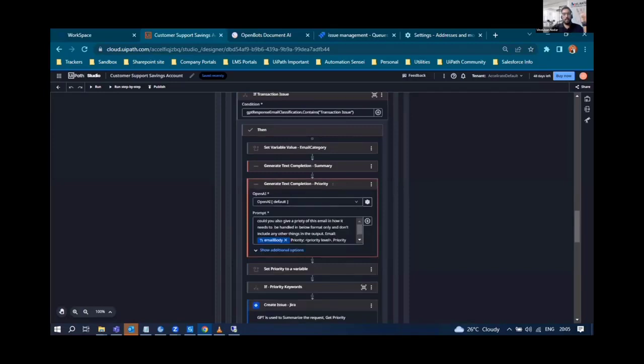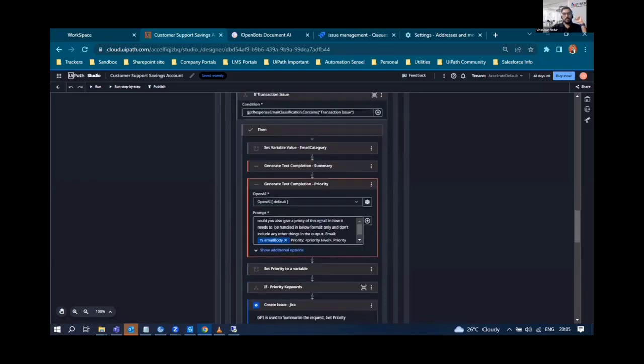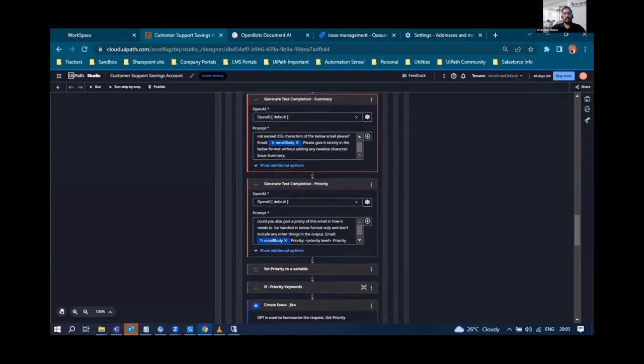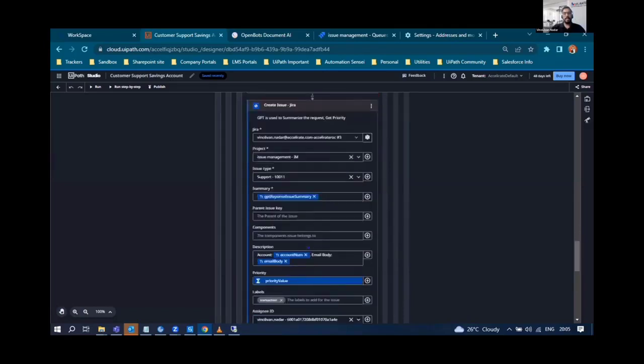And in fact, if I want to create a ticket in some particular source system, let's say here I'm creating a ticket in Jira. So the Jira instance won't allow a summary of more than 250 characters. So I need to create a summary which will include all the specific actions that are required, and also is not more than 250 characters. So for all that, you just need to make sure you're setting the right prompt so that you can get the absolute response. In this case, we are getting the summary, we are getting the priority of a particular request, and all that information coming from GPT, I'm feeding that out for creating a